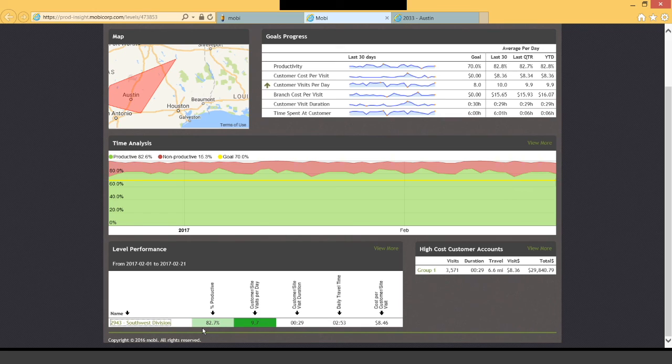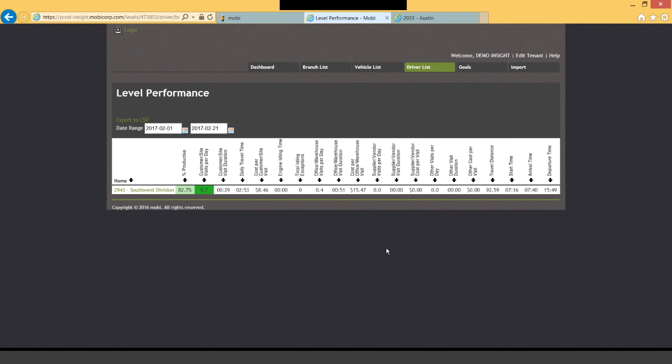So Shweta, if you click on the view more of the level performance, it will give you an idea of the breadth of KPIs that we're actually tracking here, and how relevant it would be for your organization to know and understand that information. A lot of times there are certain metrics around the number of visits that we want our technicians to do or deliveries to make every day. That is a goal that we can put into the system, and you may in your organization have different types